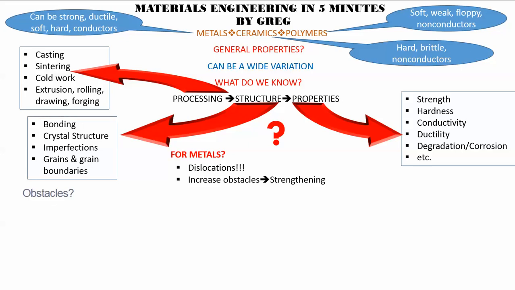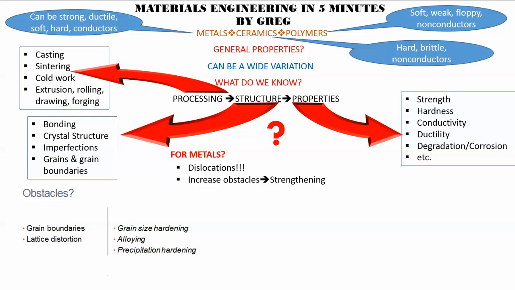So what obstacles can there be? Well, we can have grain boundaries, and that gives rise to grain size hardening. The smaller the grains, the more grain boundaries there are for the dislocations to meet, and we find that dislocations find it very difficult to get past grain boundaries. We can introduce lattice distortion into the crystal structure, and that can be done by alloying, adding other metals, so we have atoms of different size, creating distortion in the lattice, substitutional, interstitials, and so on.